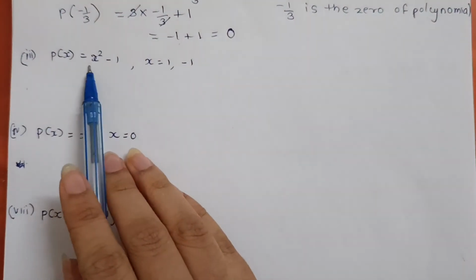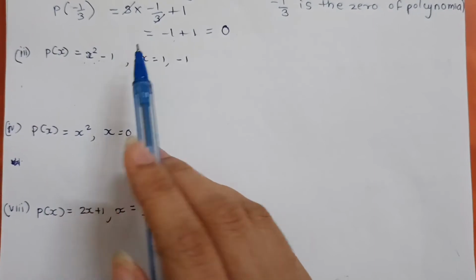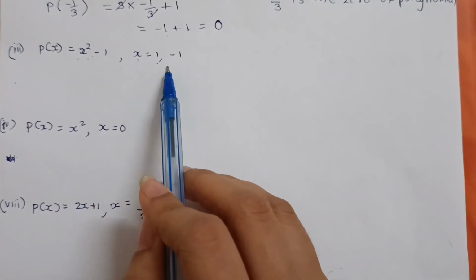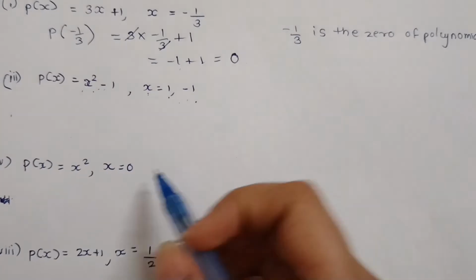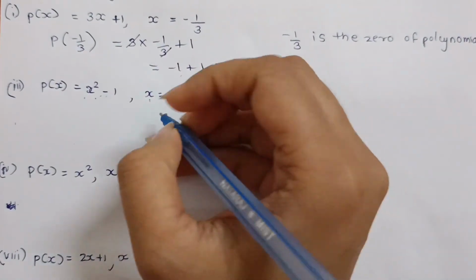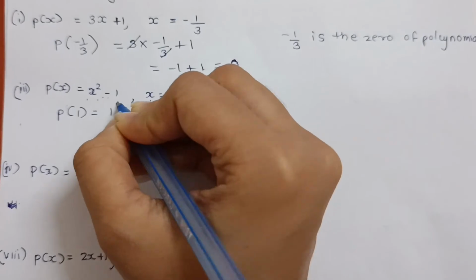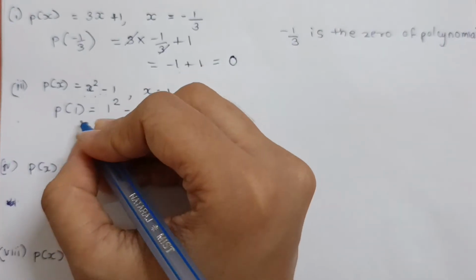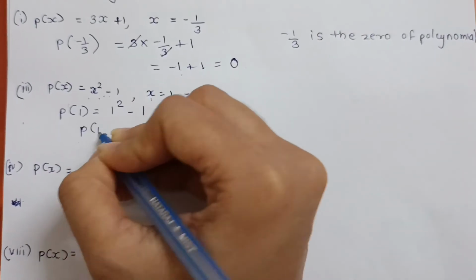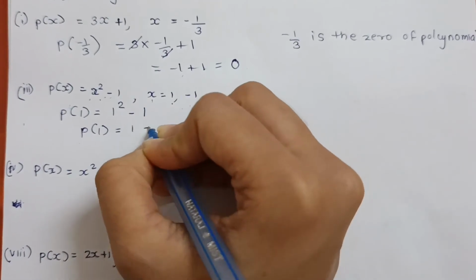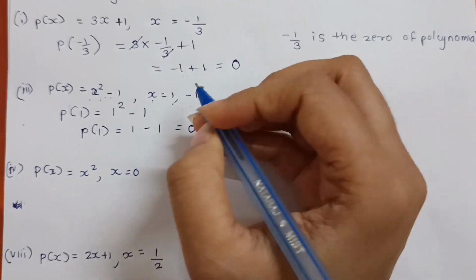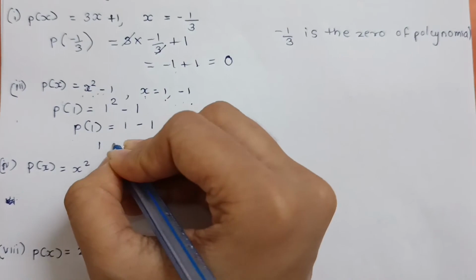Question 3. P(x) is equal to x square minus 1. Here x is equal to 1 and minus 1. Here in this equation, if we substitute x is equal to 1, so P(1) is equal to 1 minus 1. Here 0. So 1 is the zero